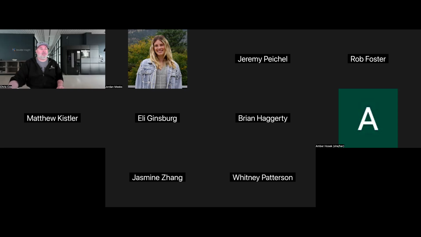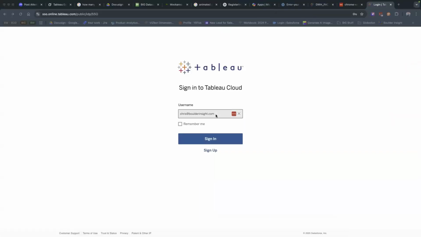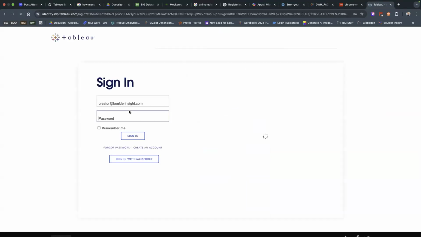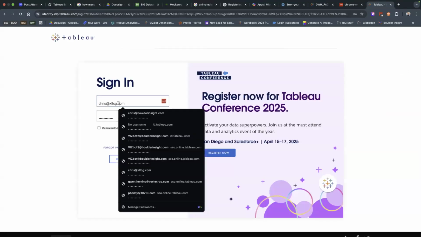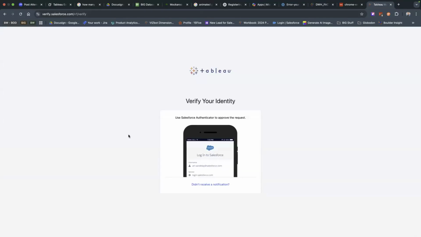It's always tough getting into these shared or cloud environments that make you log in 100 different ways. Okay, finally in. All right.